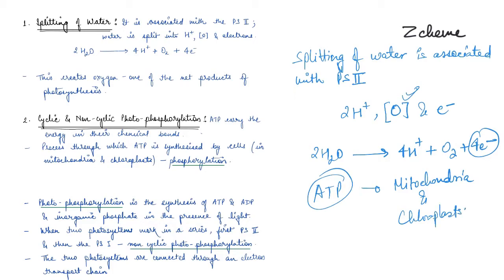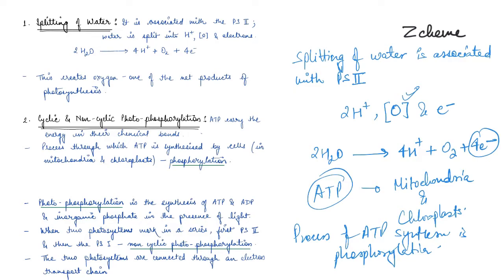So this ATP is synthesized by the cell in mitochondria and chloroplasts, and this process of ATP synthesis is phosphorylation. Now basically photophosphorylation, here photo means synthesis of ATP from inorganic phosphate in the presence